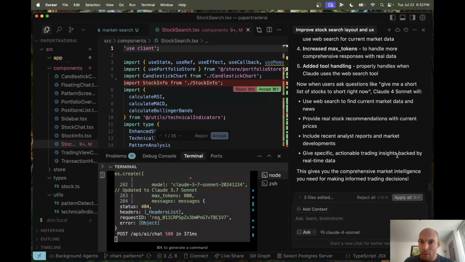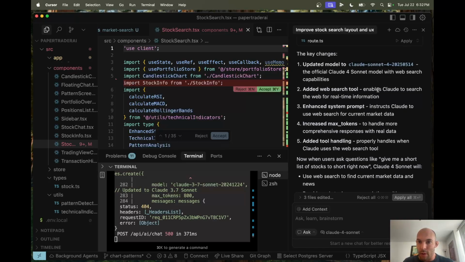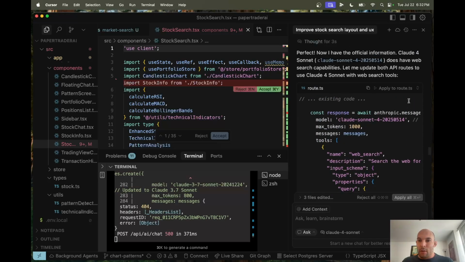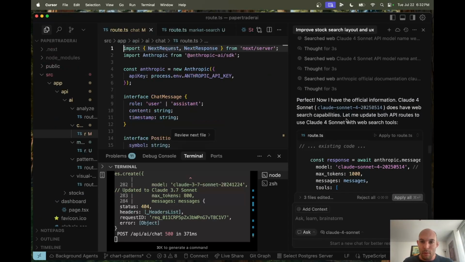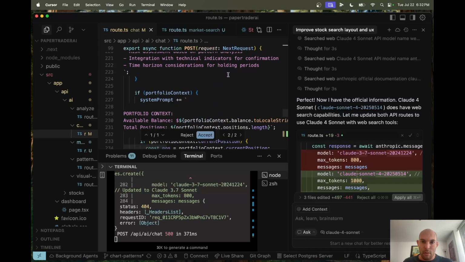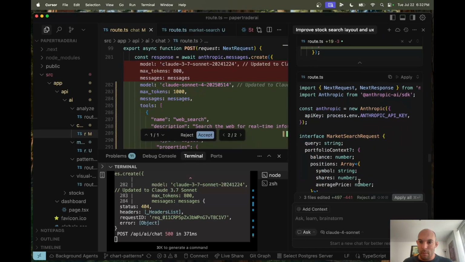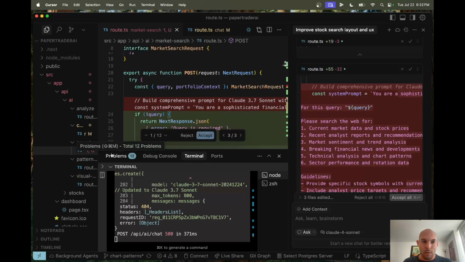Okay. The web search tool enables Claude to search the web for real-time information. Yeah, I mean, that's what we're doing when we did this up here. When I clicked to search the web, we're doing a reference to that. Okay, so we're on the right route, API, yeah, here we go. I got it changed out to 4, okay. And then this one as well, except we have